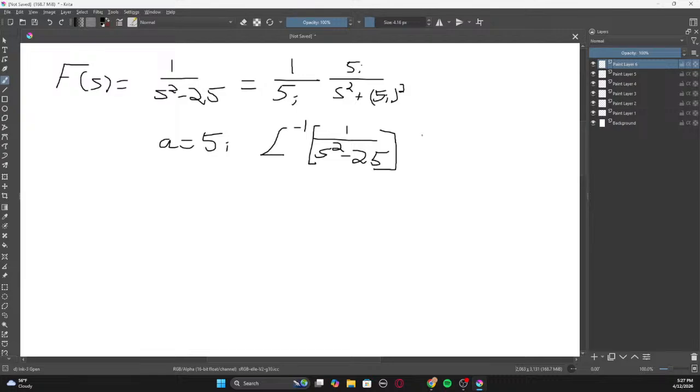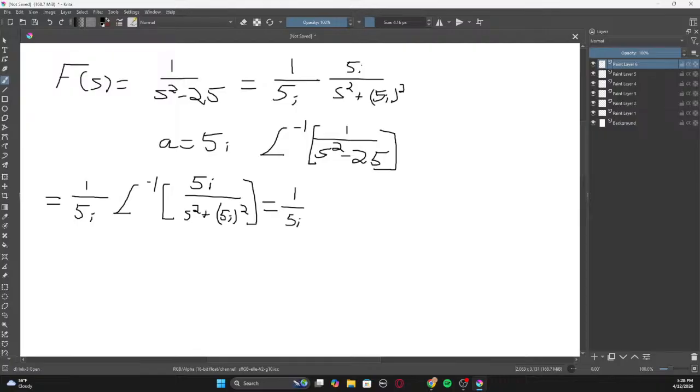So go here, right? This will be equal to 1 over 5i times the inverse Laplace transformation of 5i over s squared plus (5i) squared. Because there's a constant up top, we know that it has to be equal to sine of